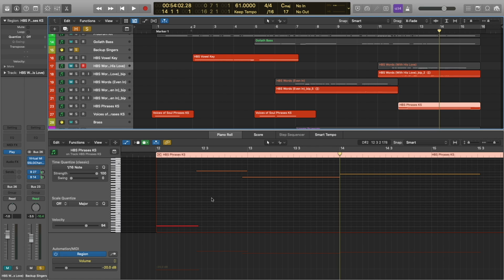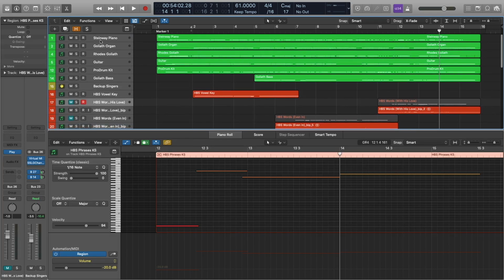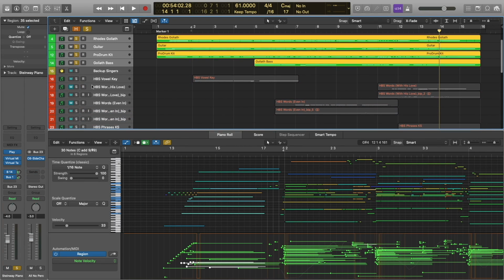And when it comes to East West, whenever they do these pre-recorded phrases, they just have so many of them. It's really just a matter of looking through them to find the right ones that work. So again, I'm not writing around any limitations here. I'm coming up with an idea and then I'm making the libraries work for that idea. So I just want to make that clear. Okay, so let's move on to the brass.